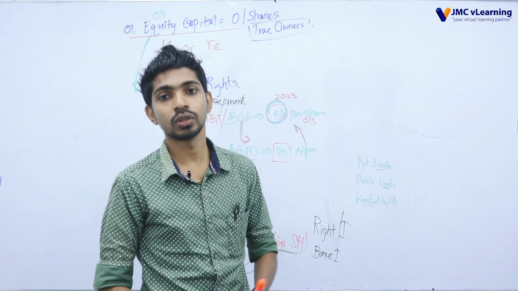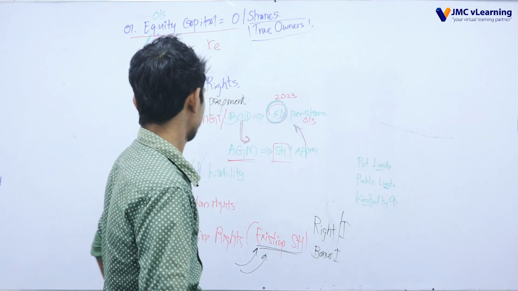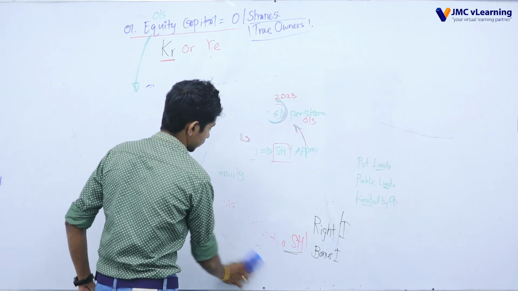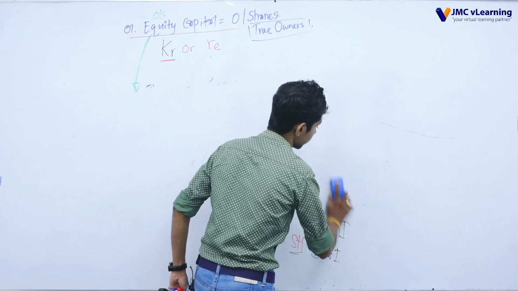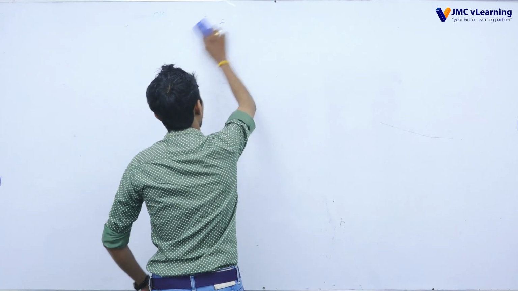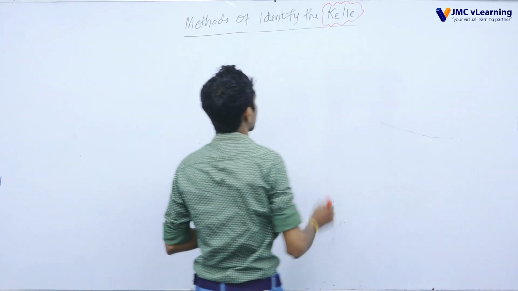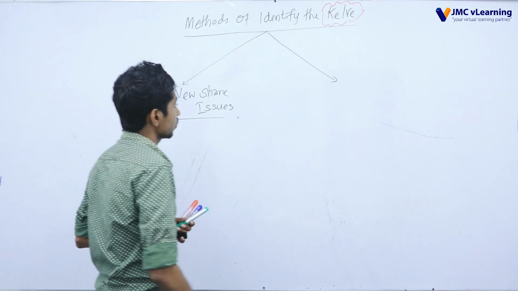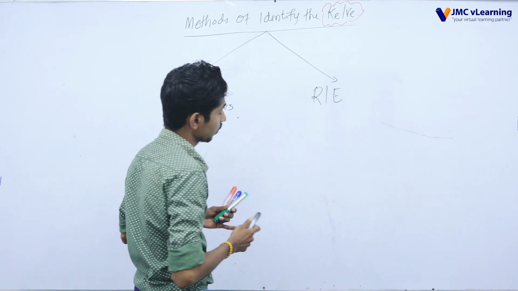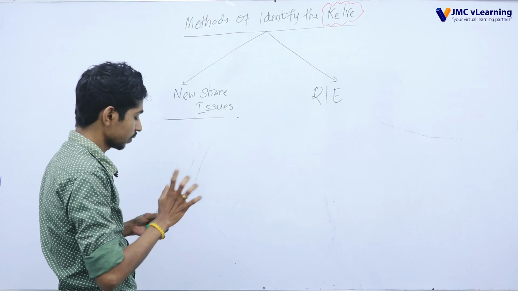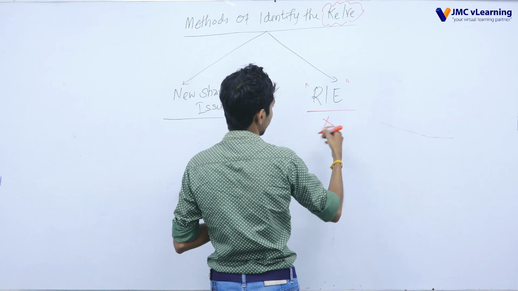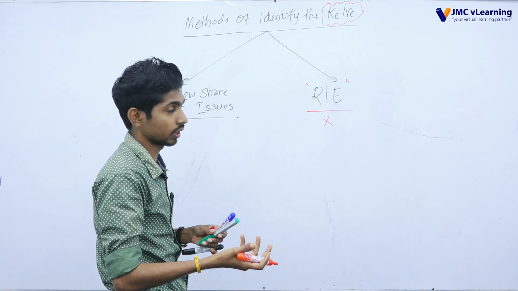Those are the preemptive rights. Okay. Now we move to how to predict or forecast the cost of equity, or return on equity. That means we are trying to identify the KE or RE: KE, cost of equity, on new share issues as well as on retained earnings. When we identify the KE or RE, we do not incorporate the retained earnings in the calculation. Why? It is the foregone, that is, the opportunity cost.